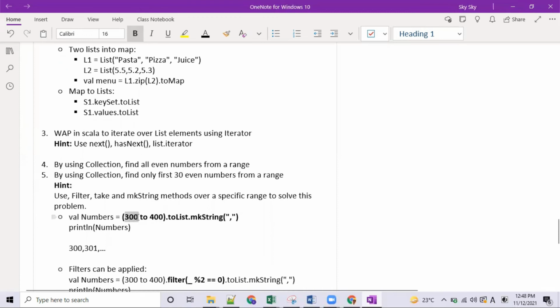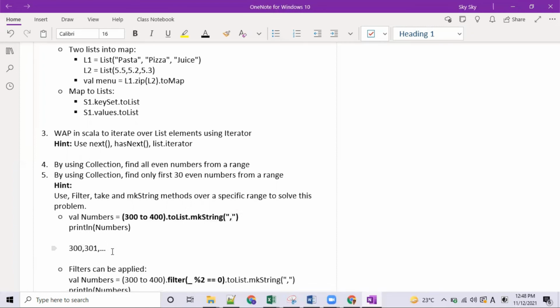By writing 300 to 400, then using toList, and then mkString, it separates these values by comma. So it would return 300, 301, till 400. This is how you would create the numbers. By using the simple range technique and the toList method or mkString, you can create the entire list of the range.